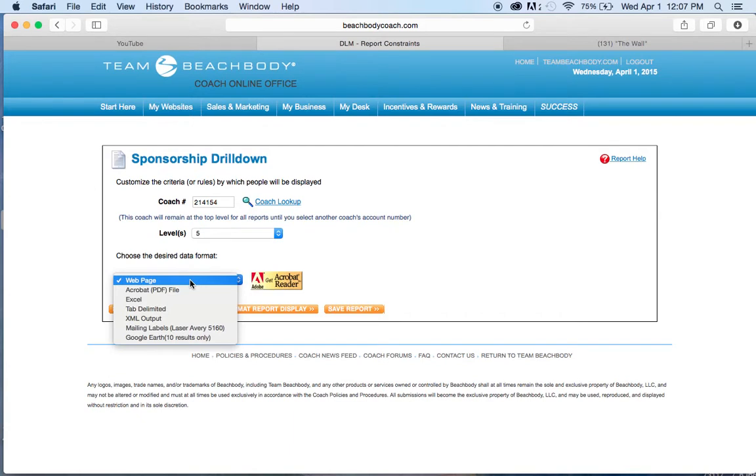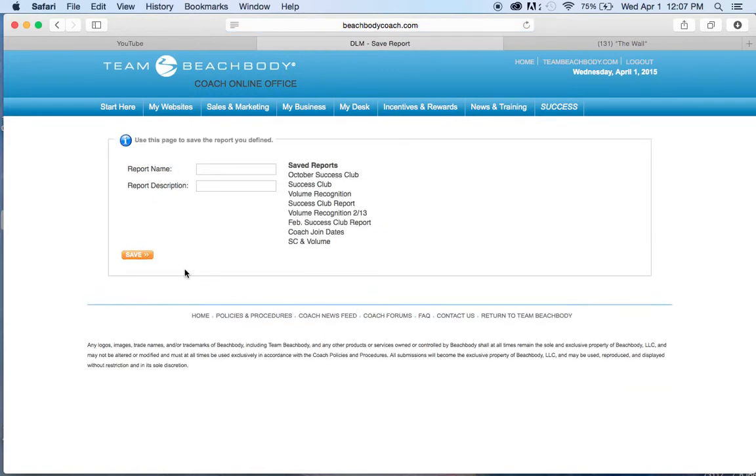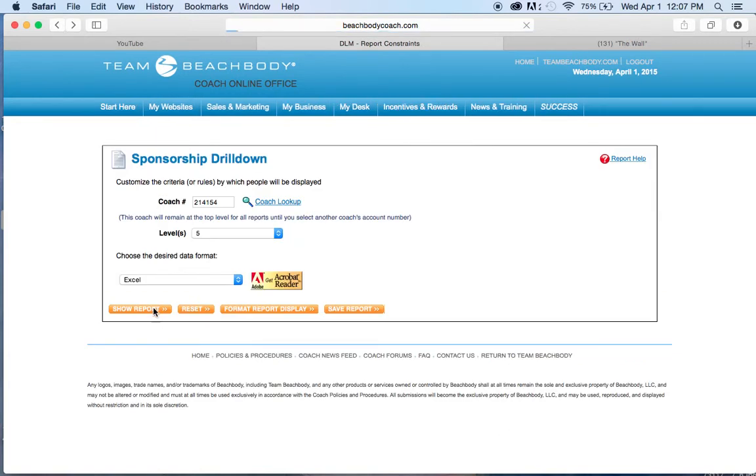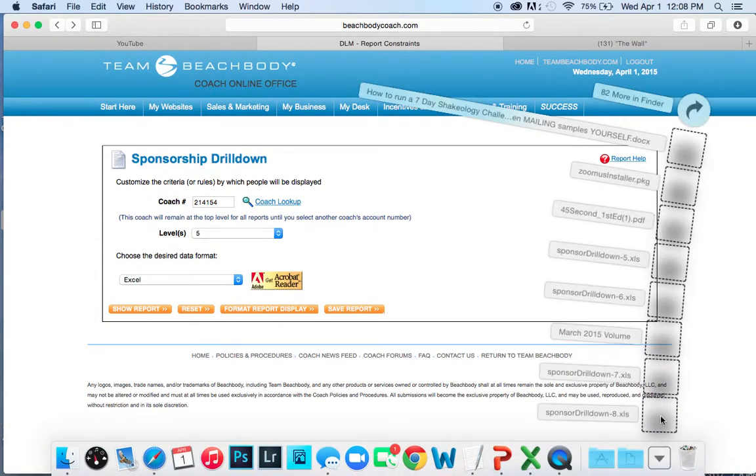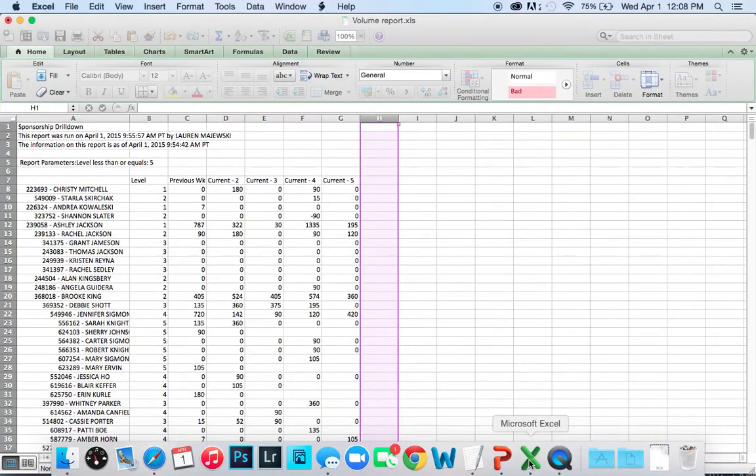Then I'm going to switch the report to an Excel file because that's what I want, and I'm going to hit Save Report. Now what it's going to do is, Show Report, not Save Report. Show Report. It's going to save it over here to your downloads. So you can go to your downloads and click on it, and it will open up the Excel file,